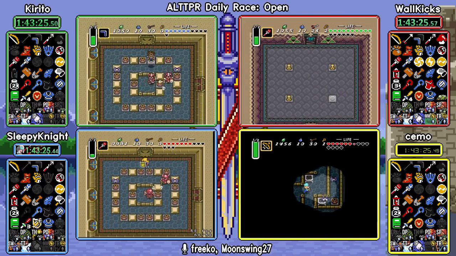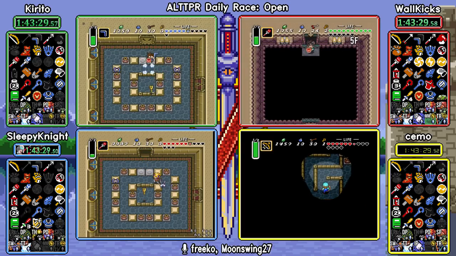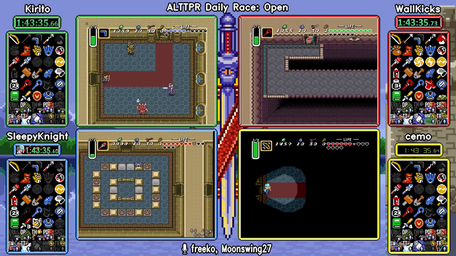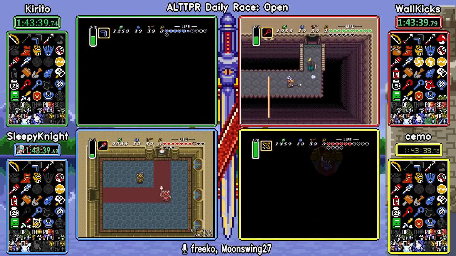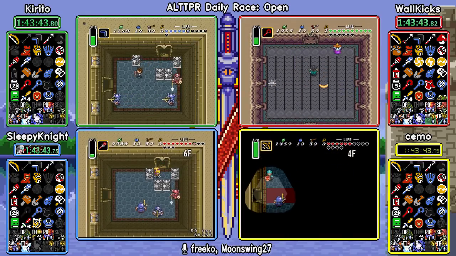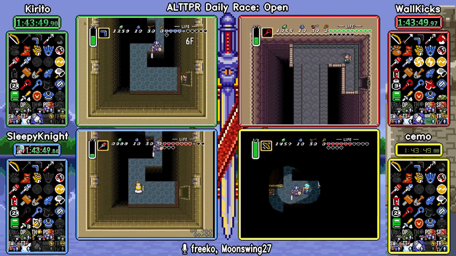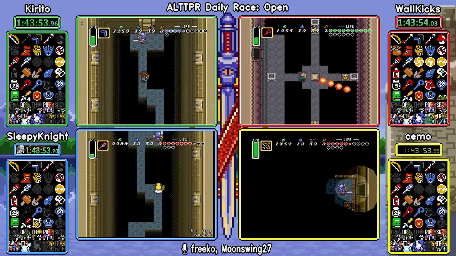Chat bringing up a good point. Kirito actually has made a pretty good comeback here. They just have Misery Mire and Turtle Rock to go. Fairly in sync with Sleepy Knight, although Kirito is one crystal up ahead of Sleepy Knight, so definitely a bit of a comeback here. Of course, Kirito still needs to... Oh, I guess they will. They're going to be getting their Ether Medallion after this, so...